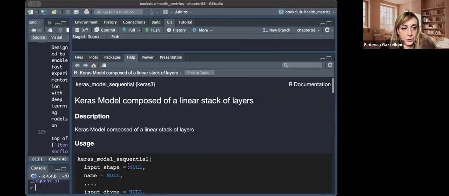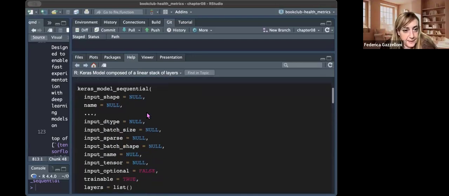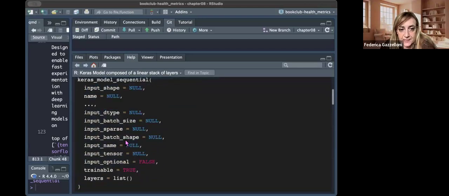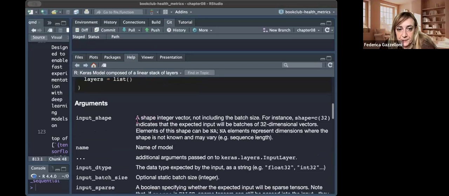Okay, so this is a model, and you have some arguments that you can specify. The input shape is a shape integer vector,